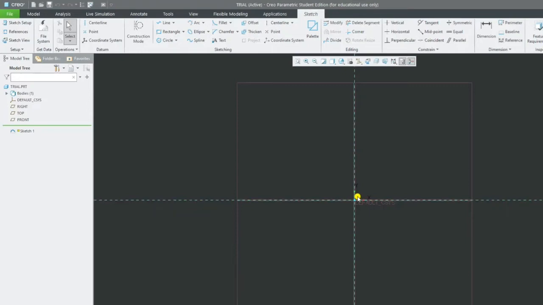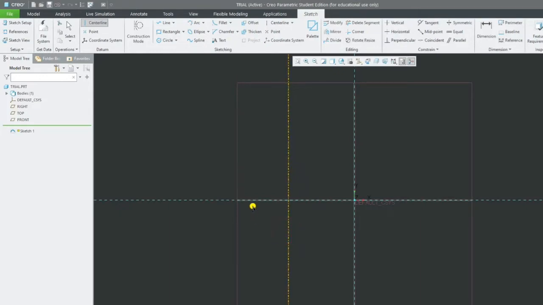Now once we are in sketch mode, you see this window has been completely changed. Now we are in sketch mode. All the things are mentioned one by one. Now you see, first thing we'll select here. We call center line. Okay. Now if you click on center line, from here, if you click, it will draw a center line. It will ask for the second point. You can click on the second point here.